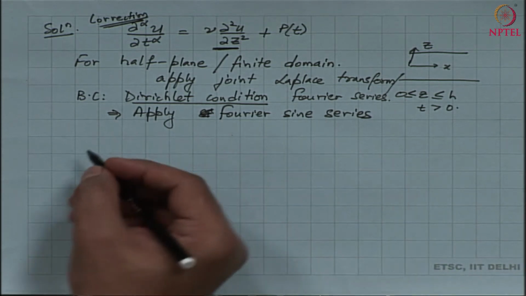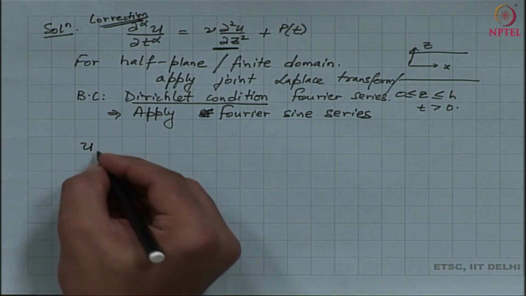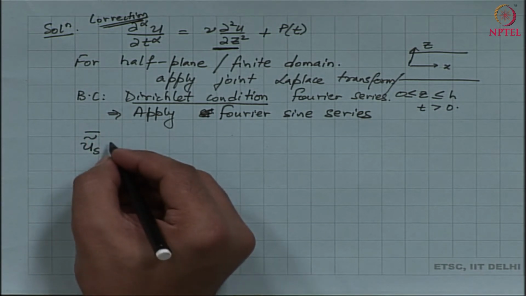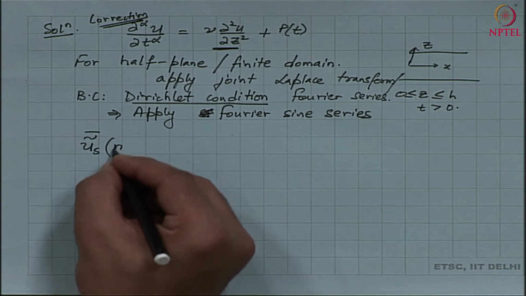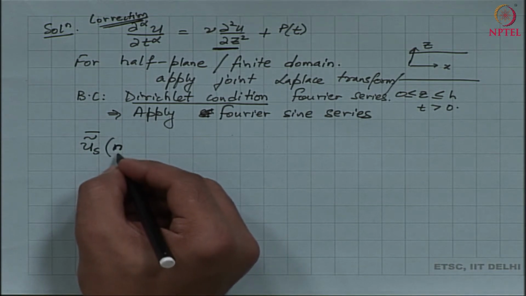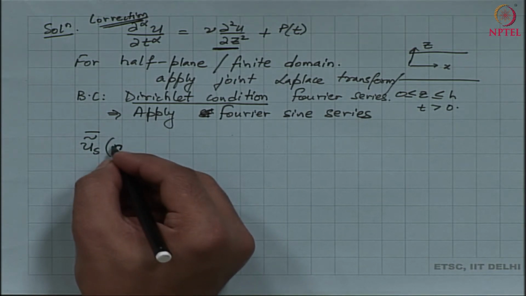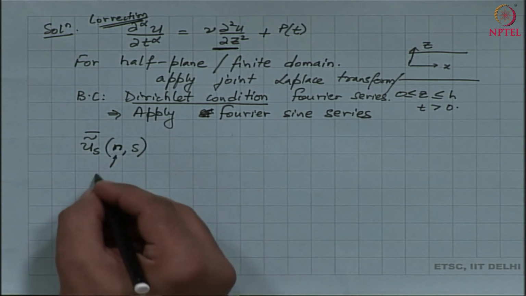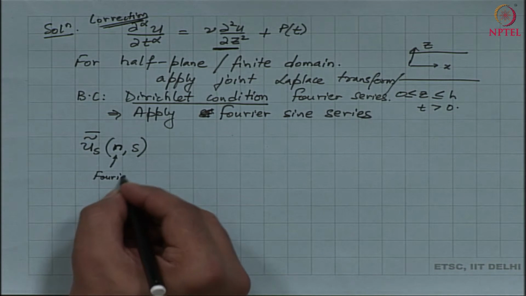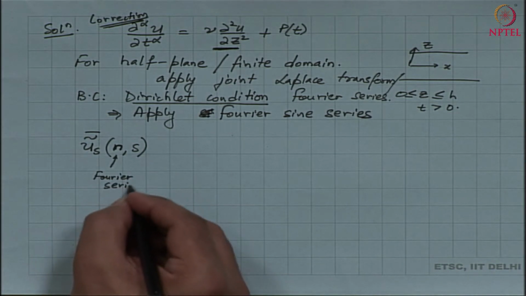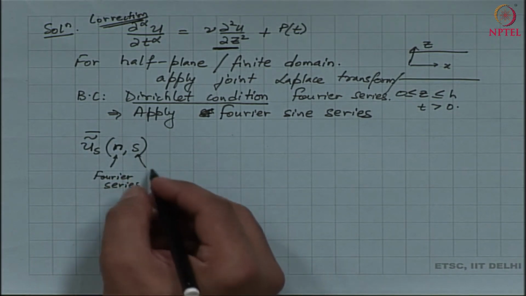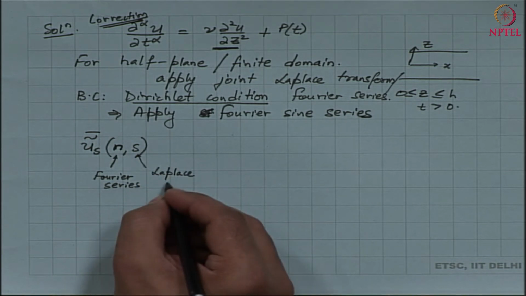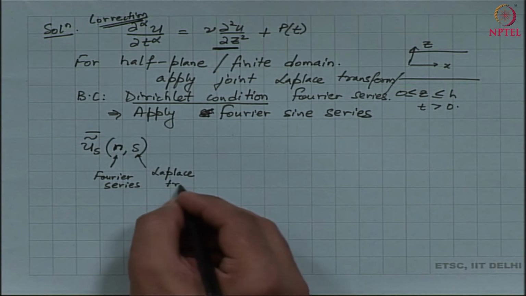Okay. So, if we do that, my joint Fourier-Laplace solution is as follows. Instead of k, where k was from negative infinity to infinity, I now have n. So, n or n comma s. This is my Fourier series transformed variable, and s corresponds to time, it is my Laplace transform variable.